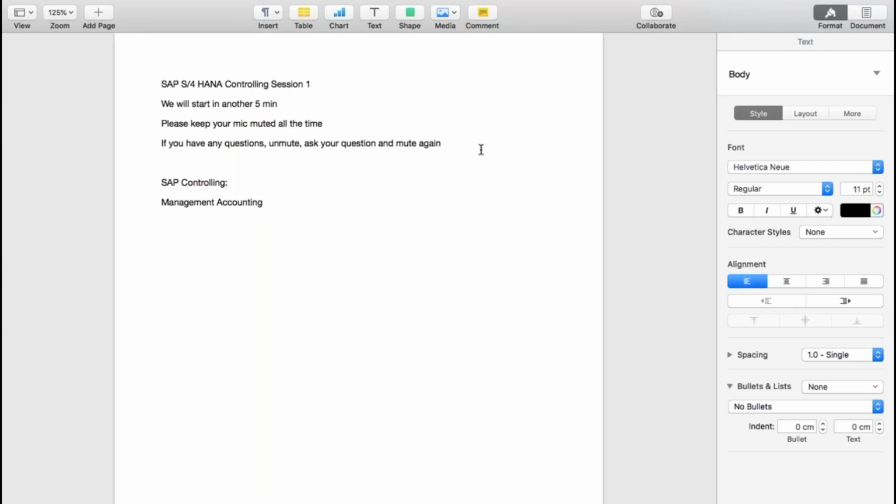Okay, perfect. So you are saying management accounting is mainly for the internal purpose. Yes, whatever report we are generating, we are giving to the management to take the important decision.